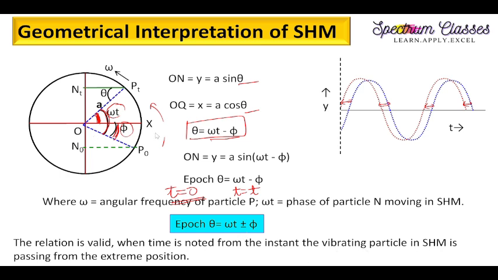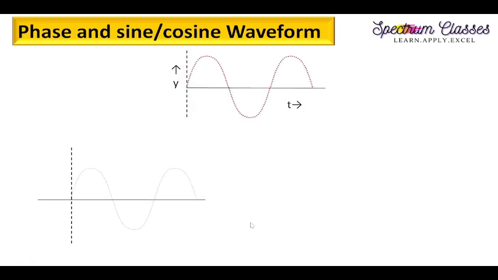Means it is passing from OX, either above the OX or lagging behind the OX. Then we are going to add this plus minus phi. If it is above this x, then this is plus, and if it is lagging behind this x, then it is minus. I will explain this plus minus concept in detail in the next slide. So here I am just going to show you these